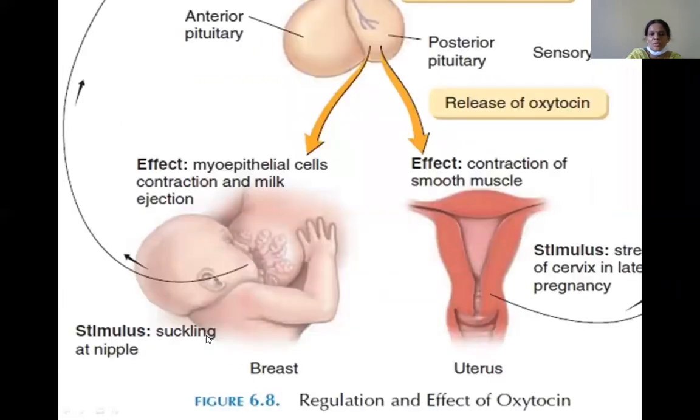Here it is a neuroendocrine reflex, as it is carried out by the nerves as well as by the hormones. The most important hormones which play a role in the milk ejection or milk let down reflex are oxytocin and prolactin, which cause ejection of the milk. Suckling is the most important stimulus. Remember this: the suckling stimulus is carried to the hypothalamus, from the hypothalamus to the anterior pituitary as well as the posterior pituitary, and the release of hormones such as oxytocin and prolactin.